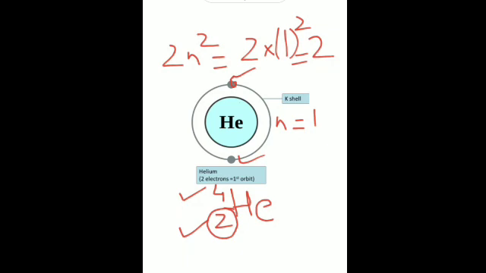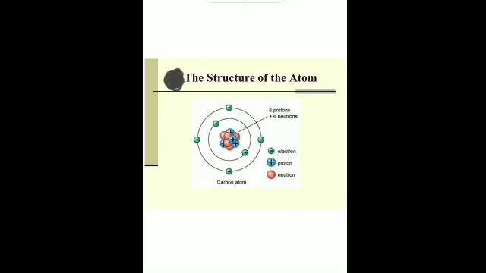Similarly, for the next example, that is carbon. Now carbon, its atomic number is 6. How do we represent it? Write it on the same side. We can even write it like this on the 2 sides, or we can just represent it as 12 and 6. That is the mass number and this is the atomic number. So atomic number 6 means what? What does it signify? That the number of electrons is 6.